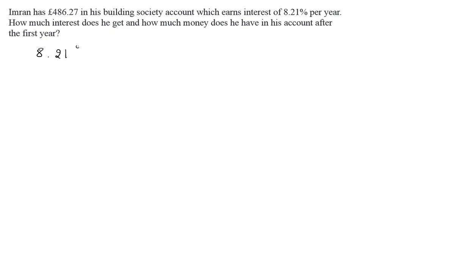So first thing you're going to do is find out what interest that is. So 8.21%, again, I am not going to bother putting that as a fraction. I immediately go over to decimal. 8.21 divided by 100, that's 0.0821. And that is going to be my decimal I'm going to be using. 8.21% of 486.27, that is 0.0821 times 486.27, and that will give me something like